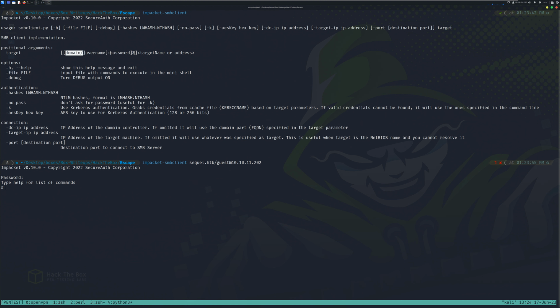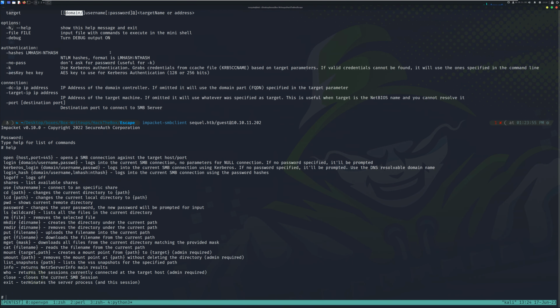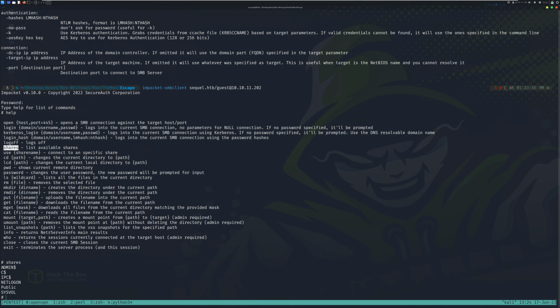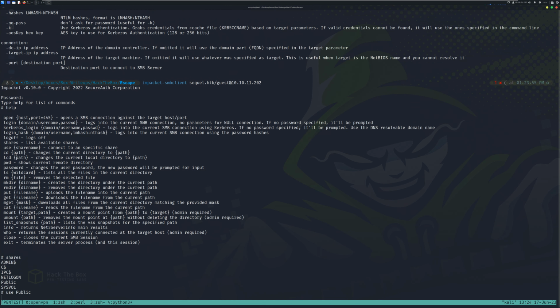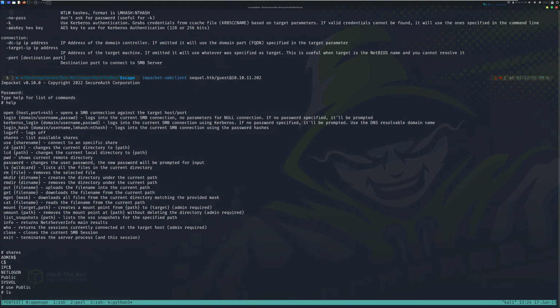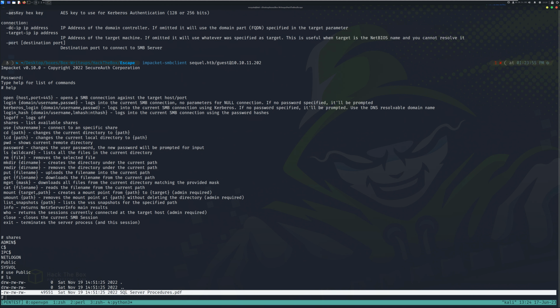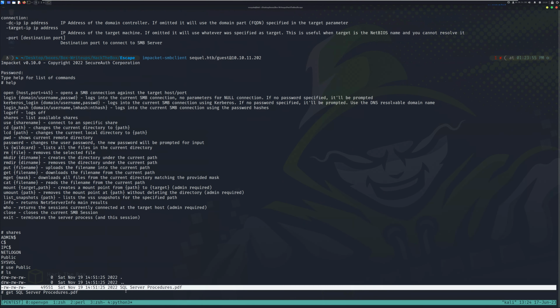So it manages to log in, and if I do a help, you can actually see that we can use the shares command to list the shares. So let me do that. Let me do shares, and we see we get the shares. The share that I'm interested in is the public. To be able to interact with the share, you're supposed to use the use command. So let me do use, then specify the share. There it is. And if I do an ls, you can see we have the file that crackmapexec was able to enumerate. So let me use the command get, then specify the file,